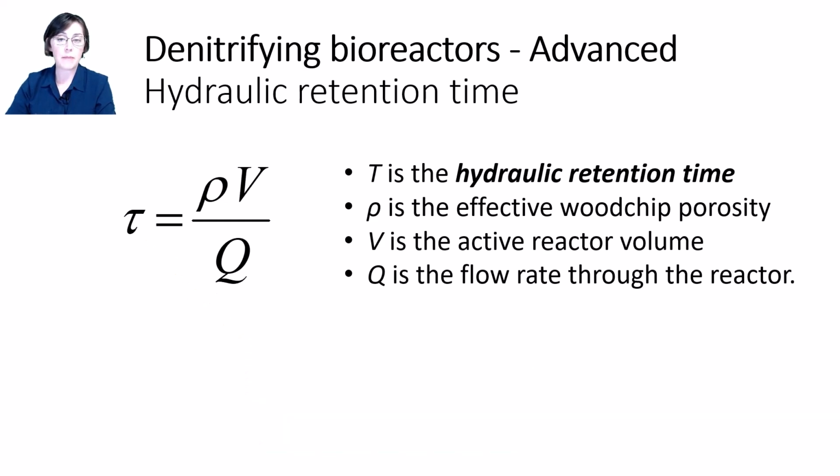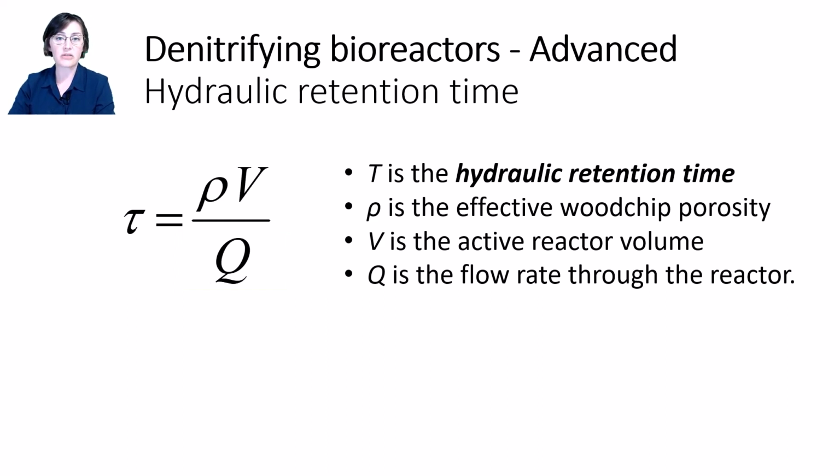We talked about the impact of flow rate in our previous examples. When the water is flowing really fast for a given bioreactor size, the HRT will be low and vice versa. Mathematically, this is easy to see because flow rate is in the denominator. So a bigger flow rate means you're dividing by a bigger number and you end up with a smaller HRT.